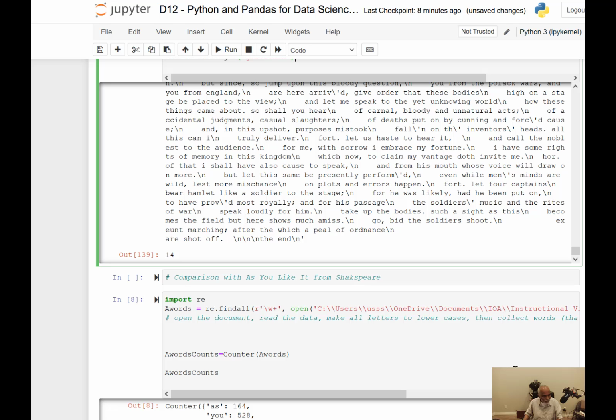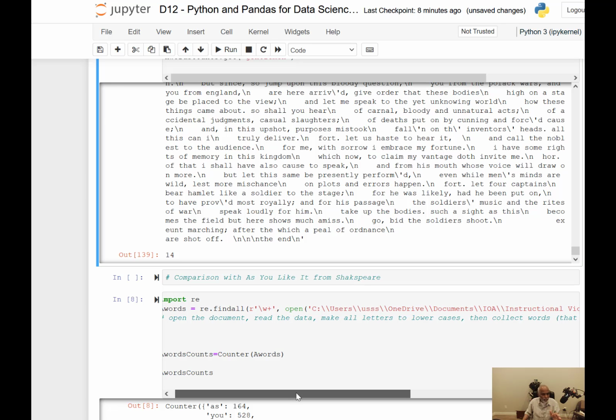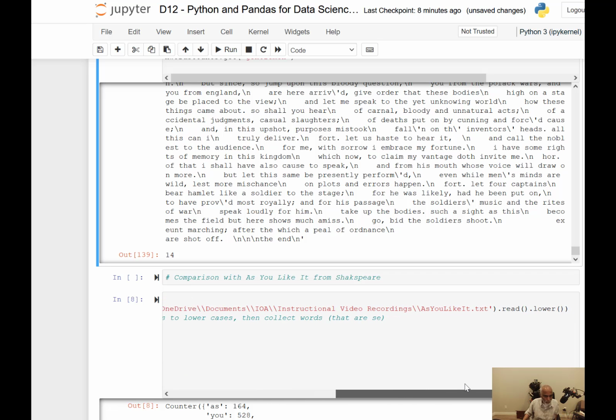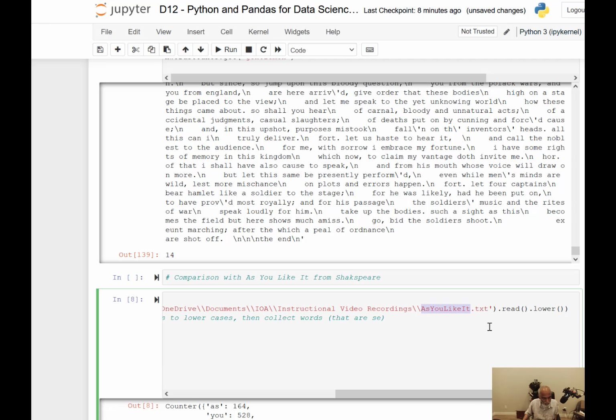Now I want to read another document and see. Both are from Shakespeare. Hamlet is from Shakespeare, and the book As You Like It is another drama, also from Shakespeare. So I just want to do a comparison between those two collections of words, a simple exercise here. So I take the As You Like It text. I have that downloaded from MIT. So I read that document from that directory,